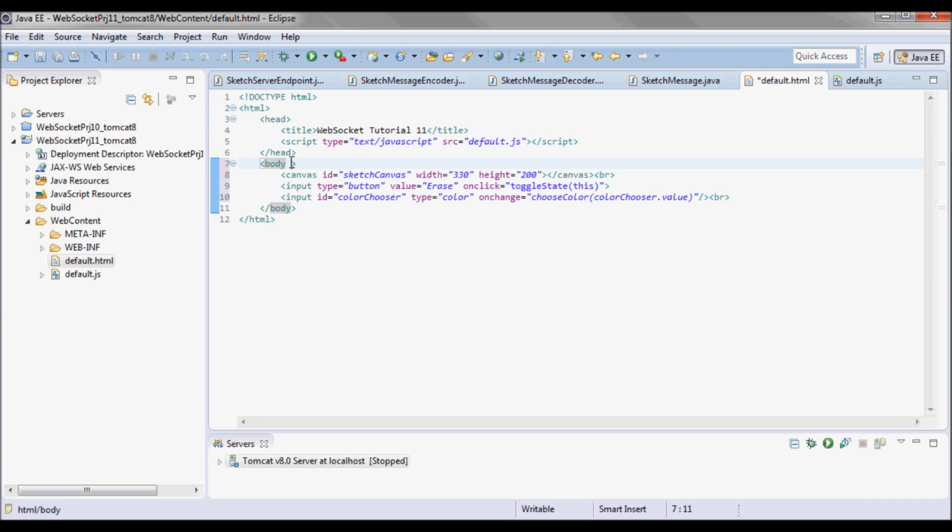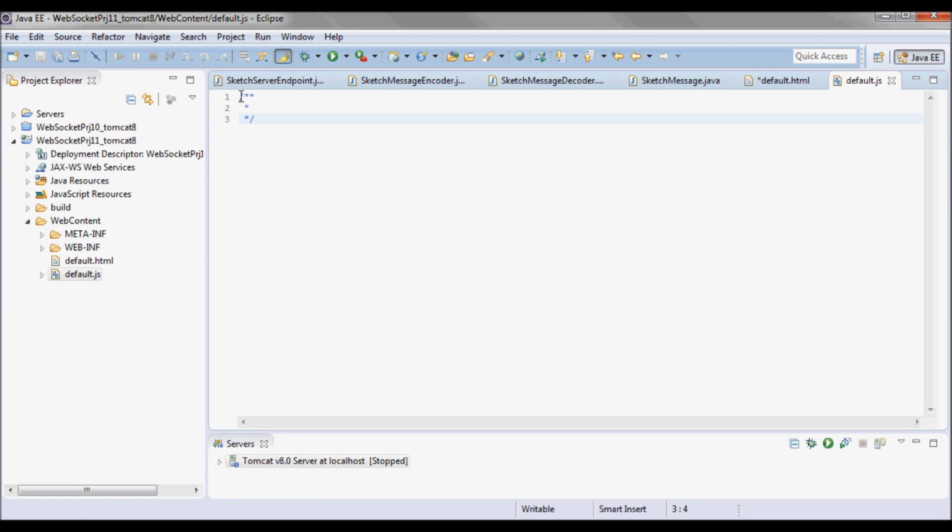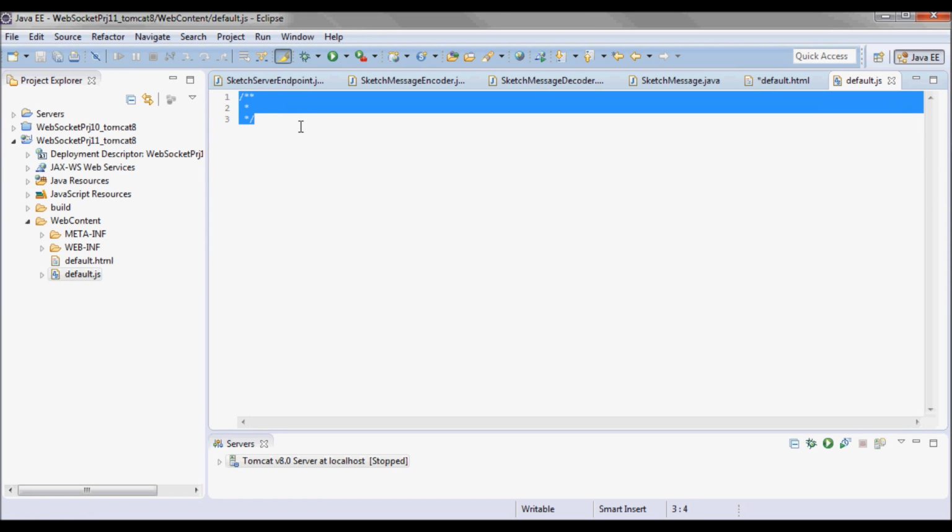And when the onload happens for the body, we will have an initialize canvas function. And next, let's go ahead and define those three functions.